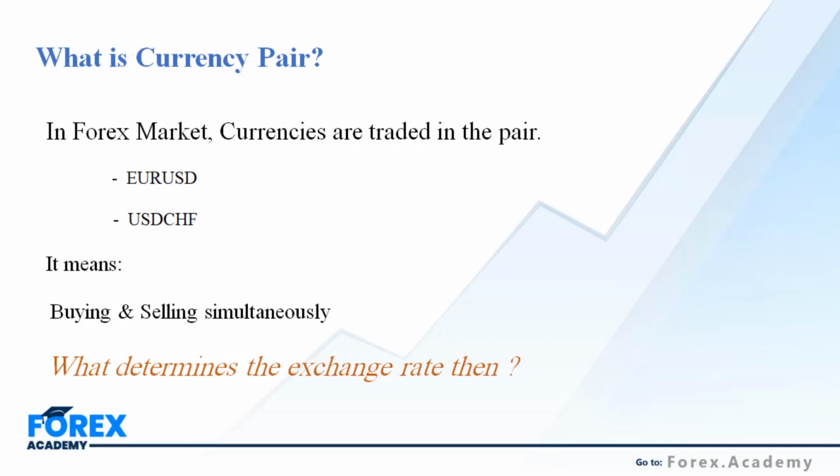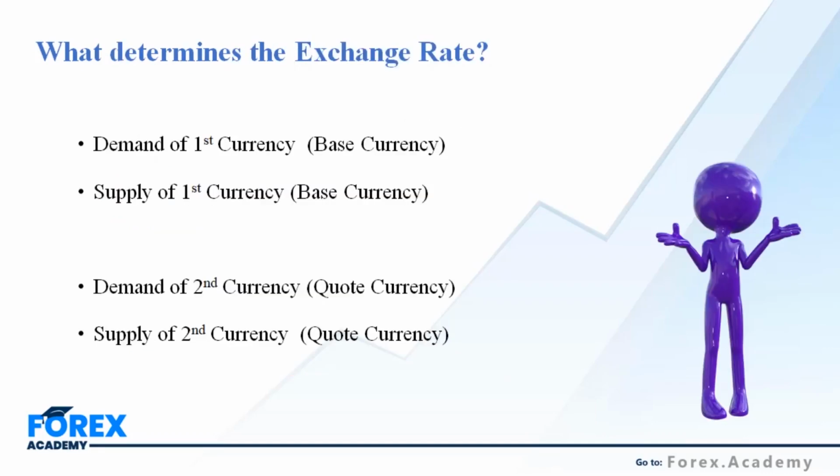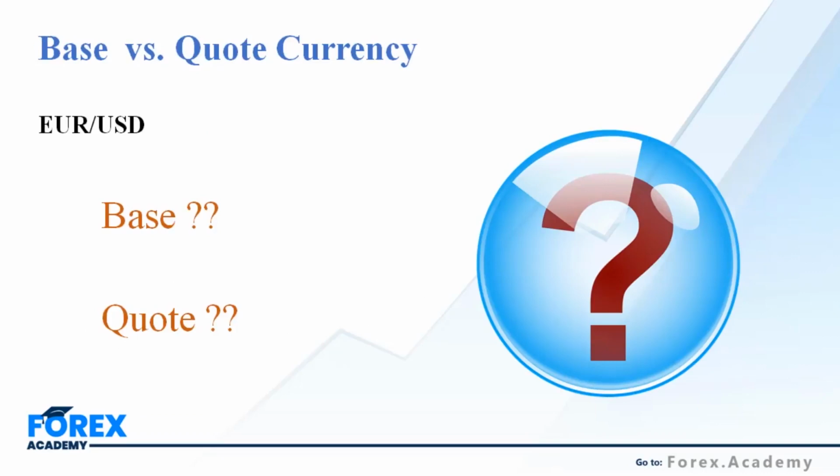Likewise, for GBP USD and USD JPY, the exchange rate between these currencies will also be determined by the demand of US dollar and demand of Japanese yen, or demand of US dollar or demand of the sterling. So that's what decides the exchange rate of the currency pairs. So yeah, that's what we said: demand and supply for the first currency, which is called the base currency. So demand and supply for USD will determine the exchange rate between USD and JPY. Having said that, guys, these currencies are basically called base and core currencies.